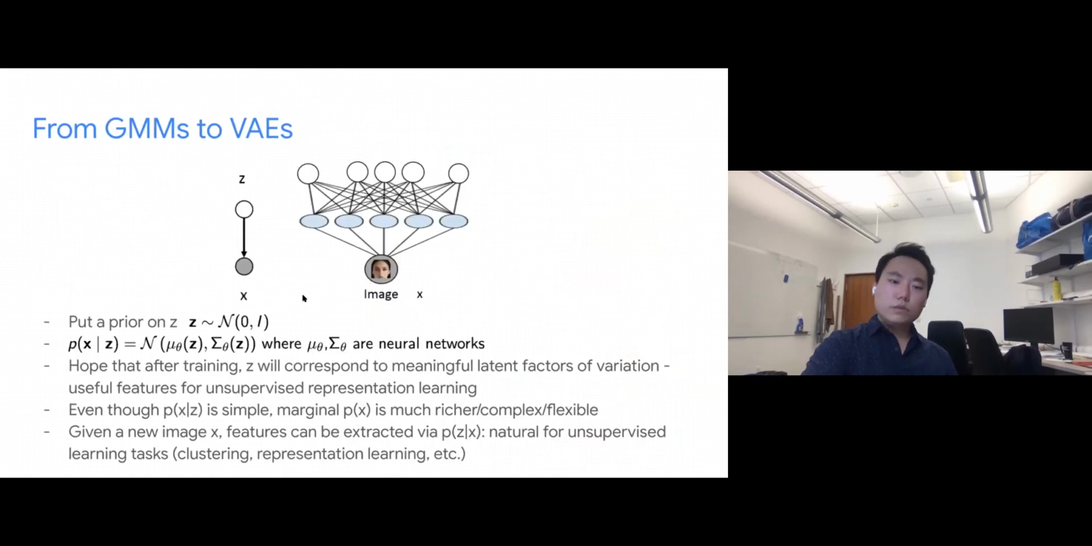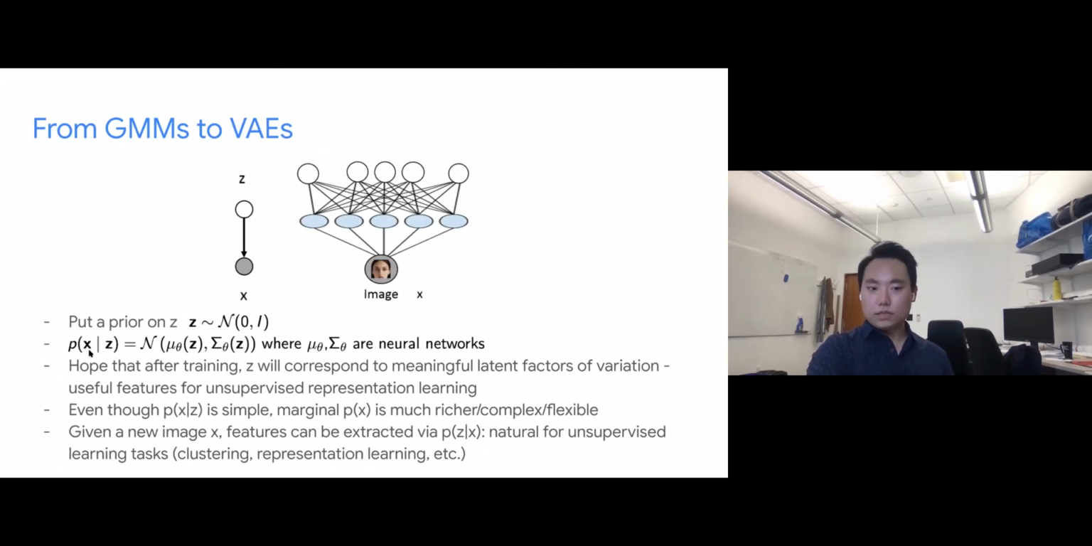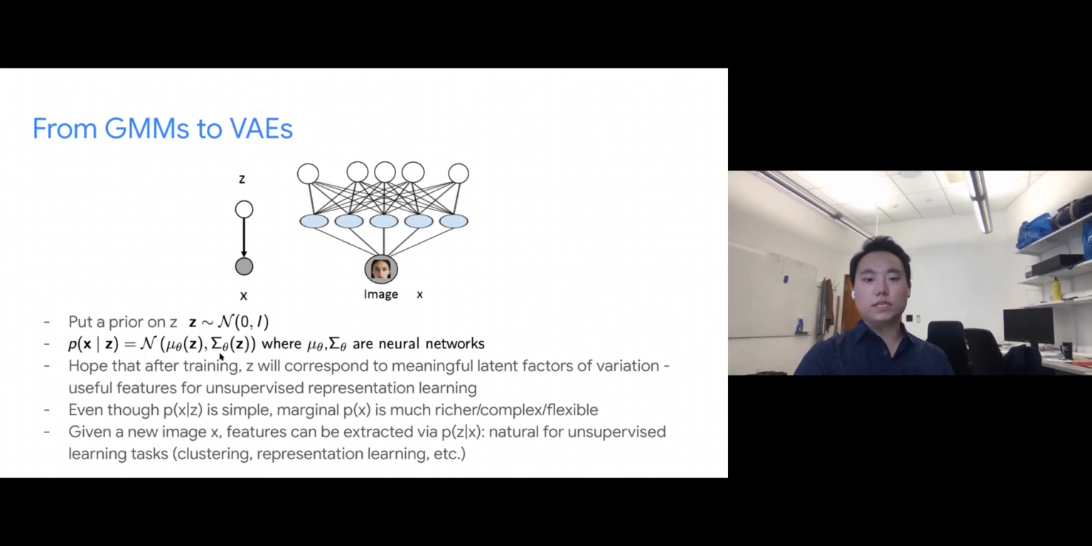So Gaussian mixtures actually motivate VAEs. A VAE is actually an extension of these Gaussian mixtures, where instead of defining P of X given Z as these simple Gaussians with a single mean and a single variance, we're actually trying to learn the means and variances of these Gaussian distributions given some latent representation Z. So how do we actually learn